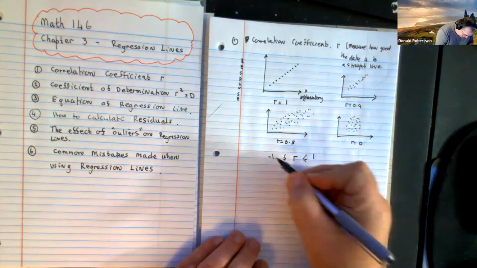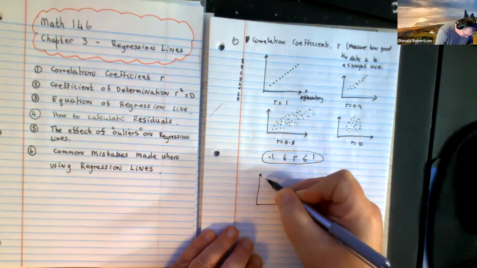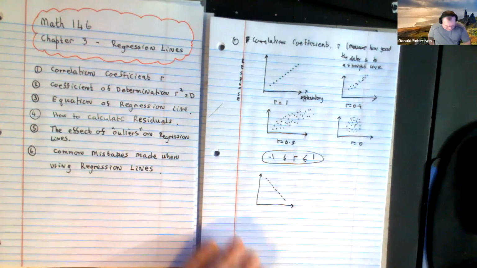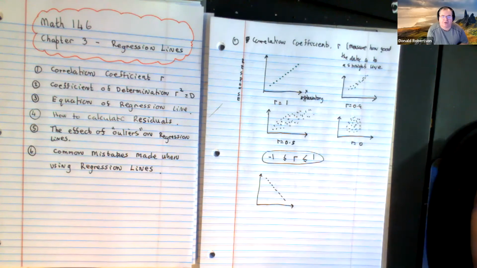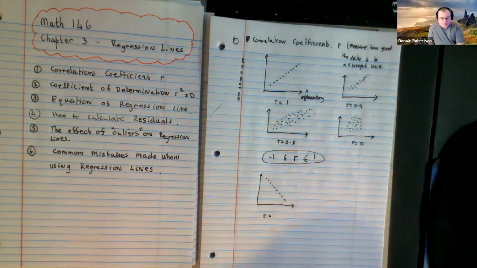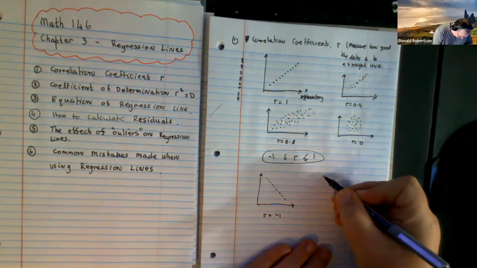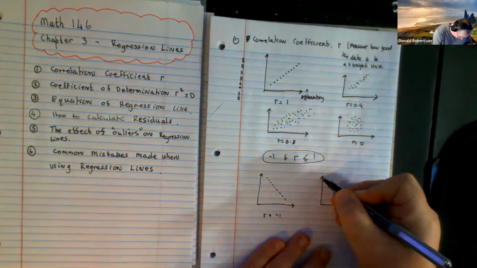Now, in the same vein, you could get these three situations. I'll try and do these pretty quick. Can you imagine the data being a perfect straight line but pointing down the way? What do you think the correlation coefficient would be for data that was that nice a fit? -1. And if it was pretty good, or really strong but not perfect,